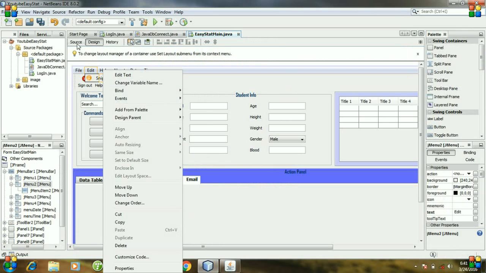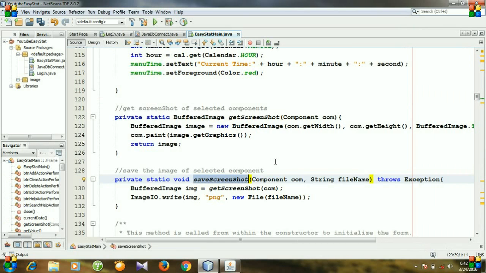In the next video I will show you how you can call this method and save the screenshot of our image panel. So until then, keep watching and please don't forget